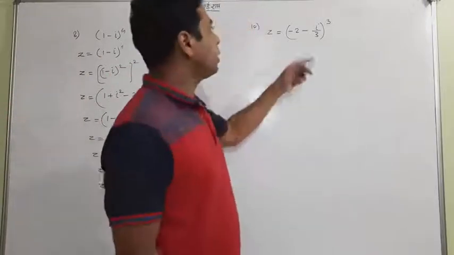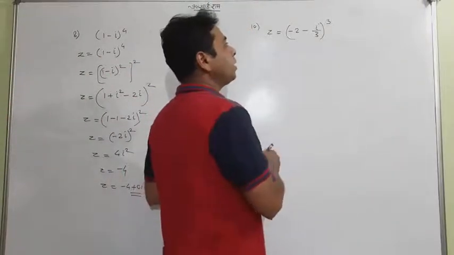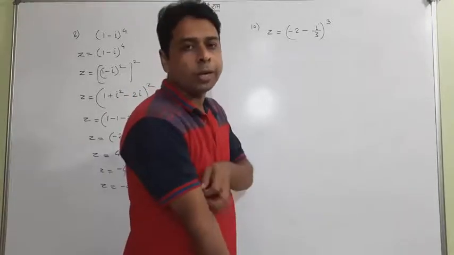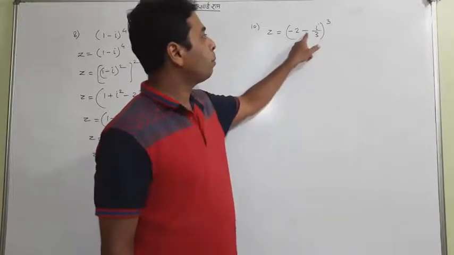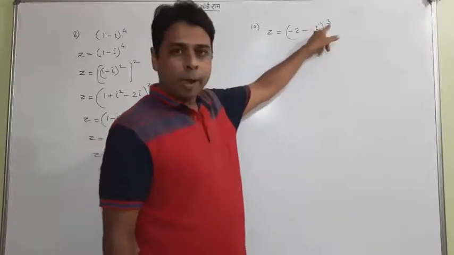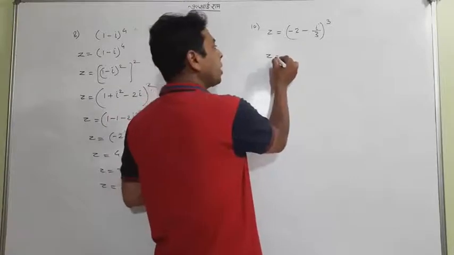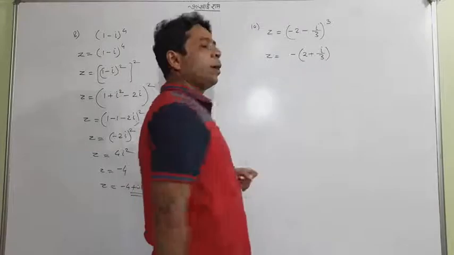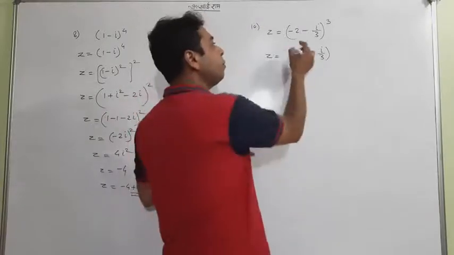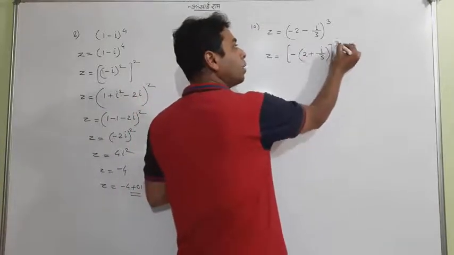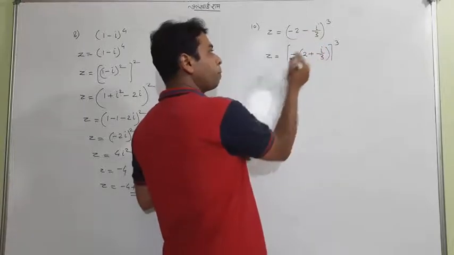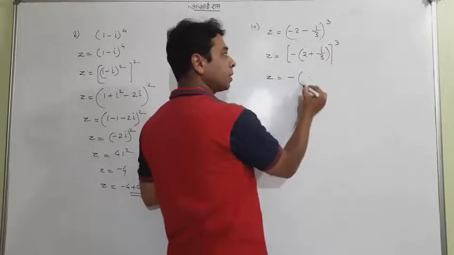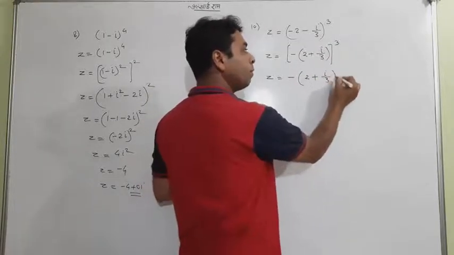Okay, students, now we'll see z equal to minus 2 minus i by 3 whole cube. We want to convert that into the form of a plus ib. So how can we do it? We just have to expand it using the a cube formula. So let me start the question. First I want to take out the common minus sign. After taking out minus common, both signs will be positive. Then what to do? Minus to the power 3 is itself minus, and 2 plus i by 3 whole cube is still yet to do.